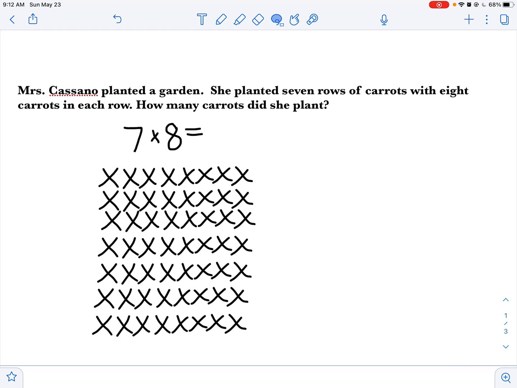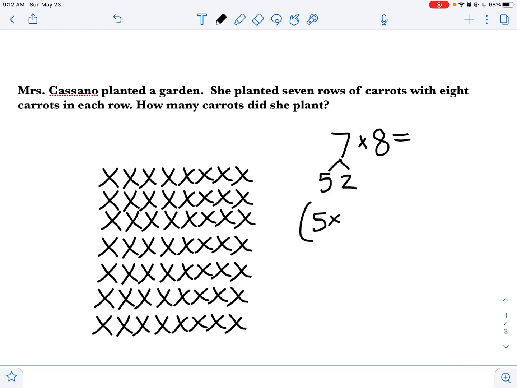So you can see this isn't very efficient, right? But we do have a beautiful array that's set up, and you could count those one by one. Again, you can do some skip counting. I would love to see you guys using some distributive property,